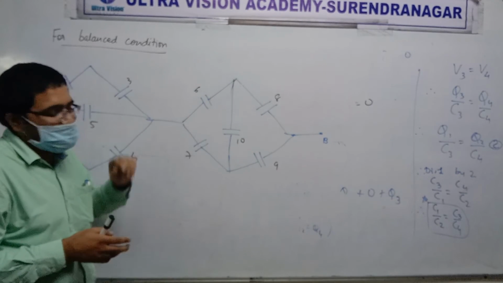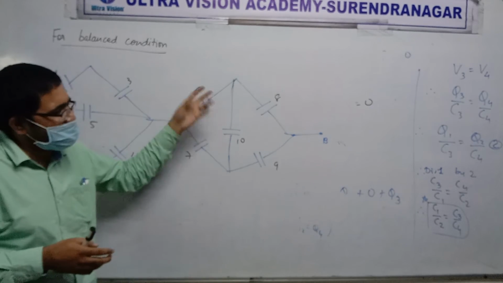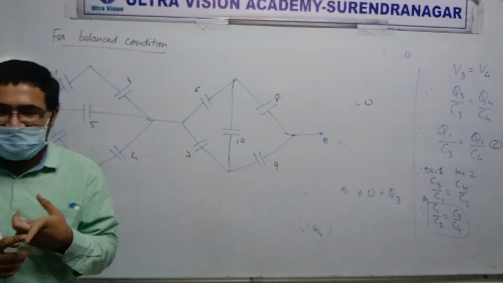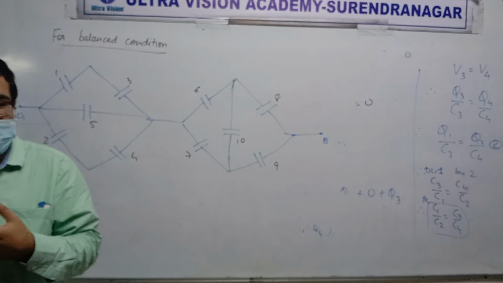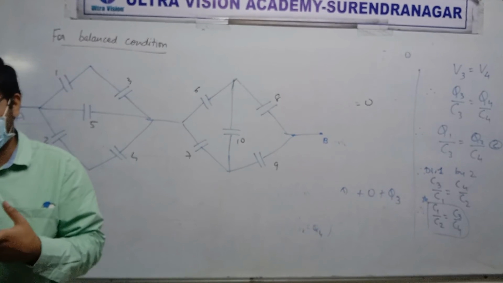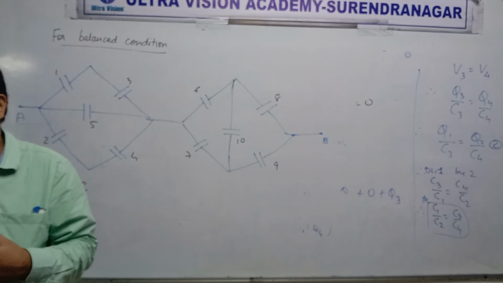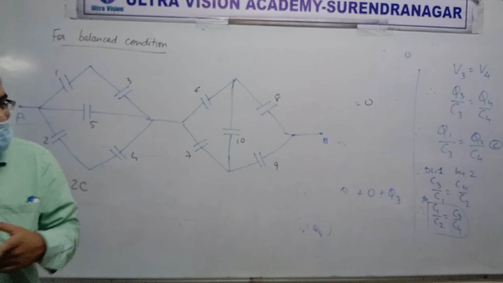You see that? So what to do? We have hit a dead end, so we can't go further. Nothing is in series, nothing in parallel. Then you have two options. One, use Kirchhoff law, which I told you about. It is our last chance or last method. Until anything else works, don't use it. Got it? So now,